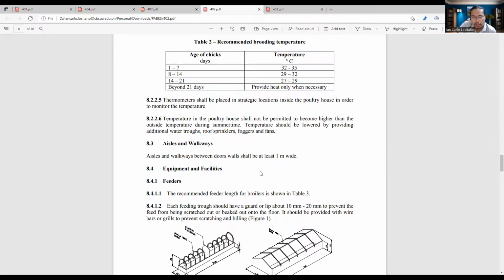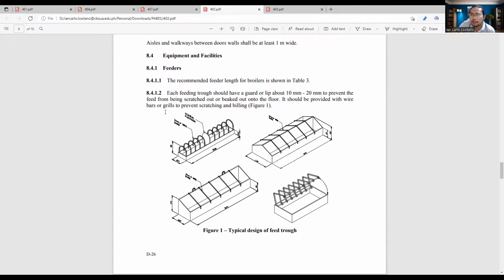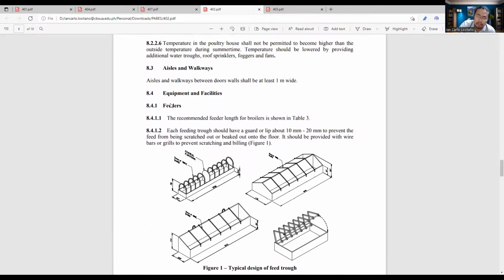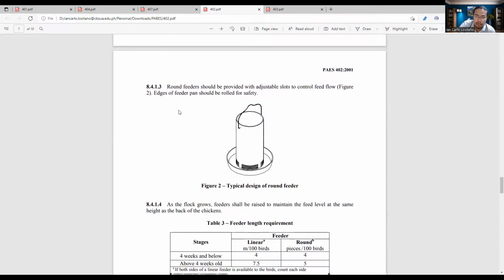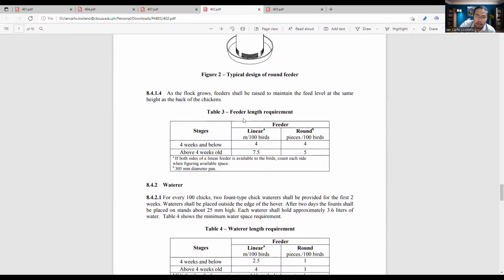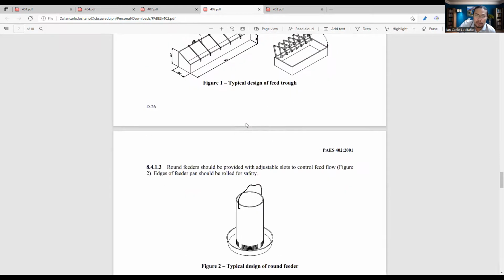Okay. They should be looked at. Equipment and facilities, feeders, are to be considered again as they affect the parametric considerations of the design, particularly in the weight of live loads, because these are non-fixed items inside the building. Round feeders, if there are no automatic feeders,